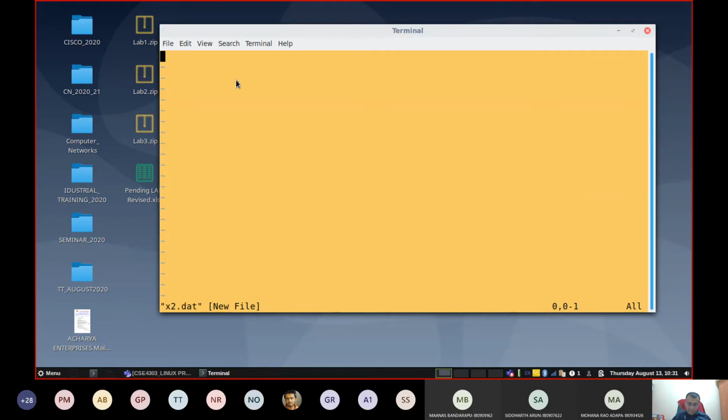Now in case you want to insert, to go to insert mode, you just press I, then you will be in insert mode. Then you start typing content here.